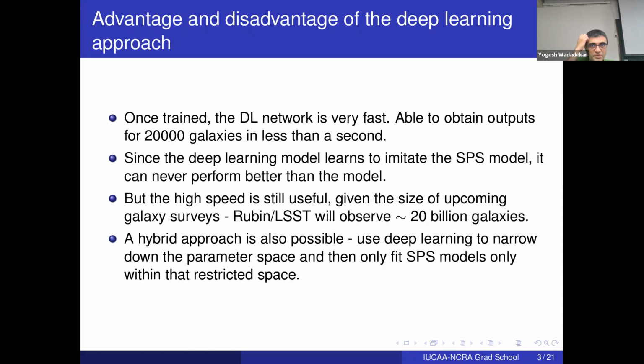It's able to obtain outputs for 20,000 galaxies in less than 1 second. So instead of doing one galaxy a minute, you are doing more than 20,000 a second. Okay, so enormous improvement, 5 or 6 orders of improvement in speed. But